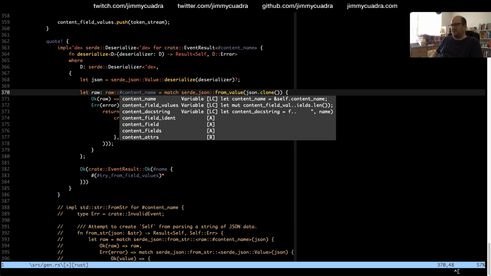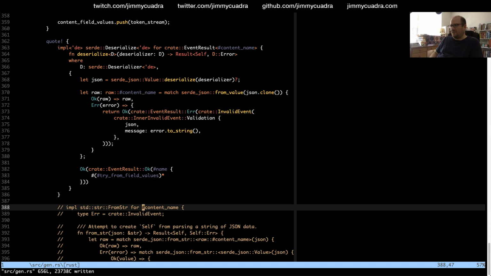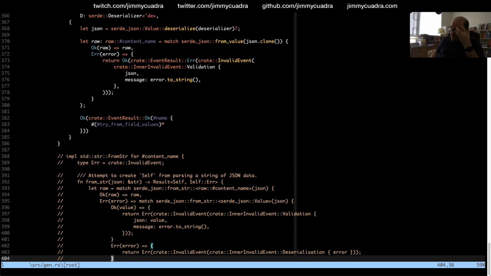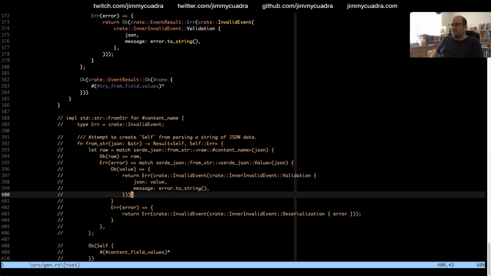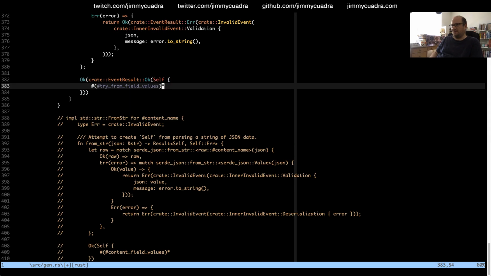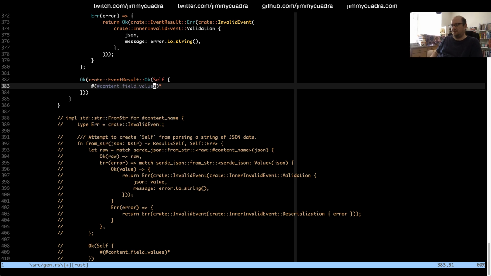Maybe that's the only difference that is necessary here. Content field values. This one actually does use self, because I guess this is always a struct. Content field values.